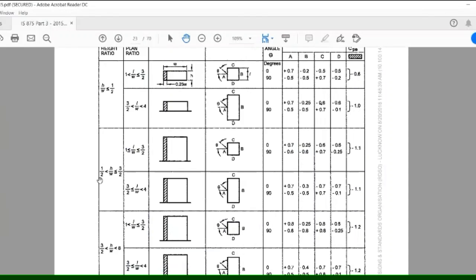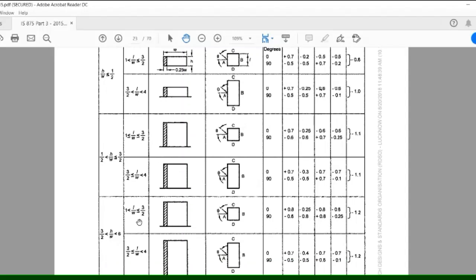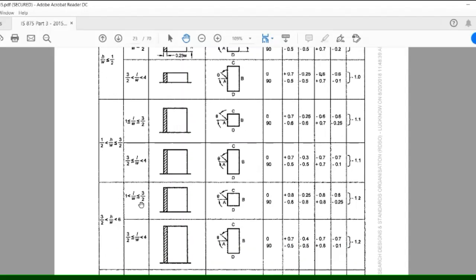From the IS code, from this table you can see that our height of building is 69 meter and the width is 18 meter. So it will lie in the third row. And all the values here you can see for A, B, C, D section side.